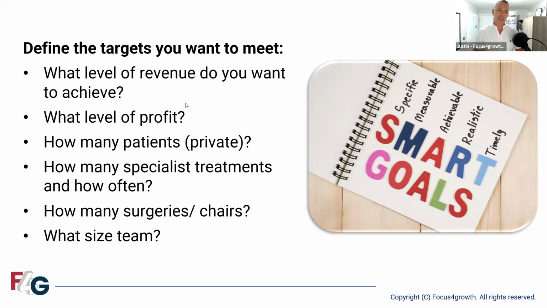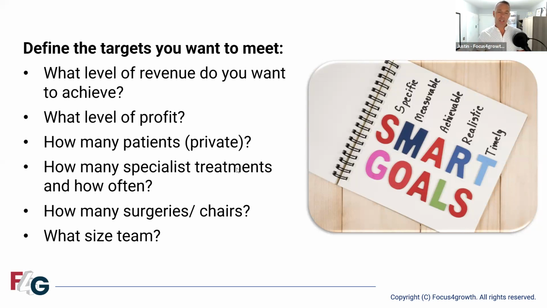So you might start to think, okay, what level of revenue do I want to achieve in the practice? And revenue or sales or income, it's about hitting that top line number. And then once you've got the revenue, what does that look like in terms of the level of profit? So after I've taken all my costs out, I've got this level of revenue. What does that mean for profit? And you'll have to do some calculations around running costs and other embedded costs within the practice. But having those two as key figures in your goals and your targets is really important. What sales do we want to generate? What profit do we want to generate?